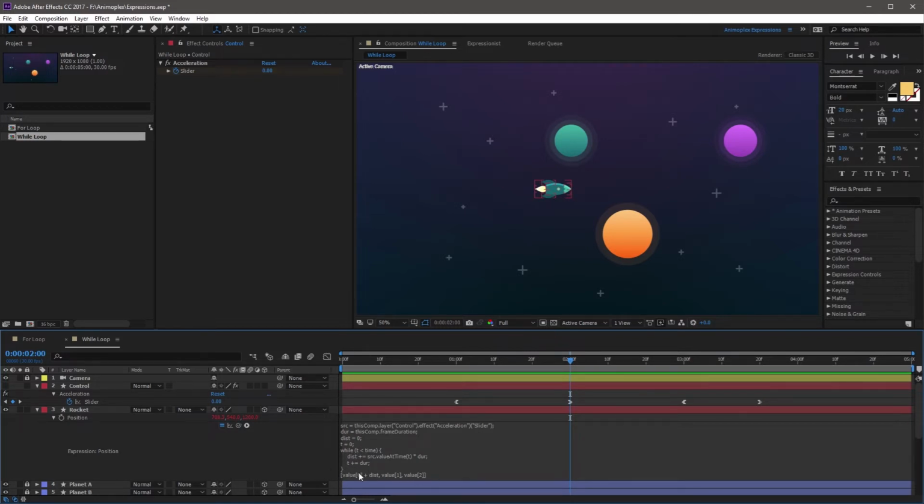Now, this final line basically takes the position value in x, y, and z and adds the distance traveled that we've calculated here to the x position. So here we have the rocket moving at 500 pixels per second, and the loop is calculating that distance for every single frame. Now, once the rocket hits the 1 second mark, we start to slow down all the way